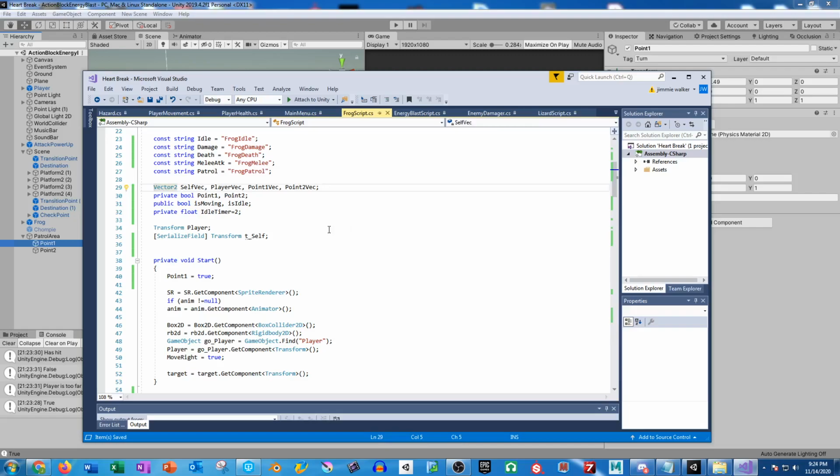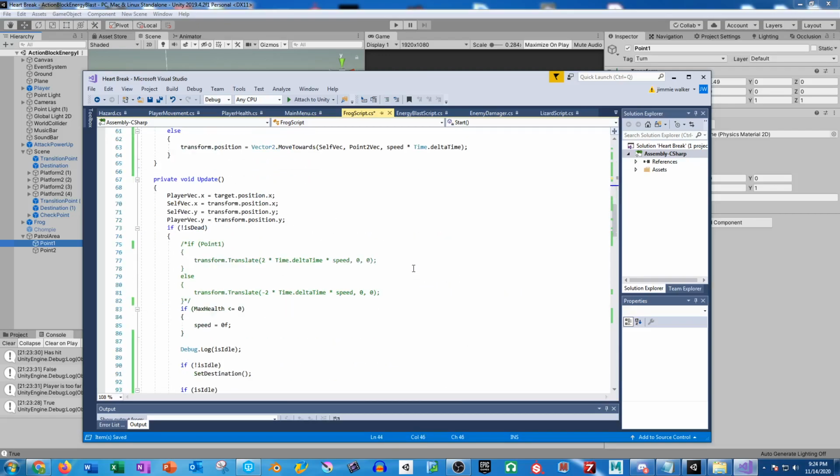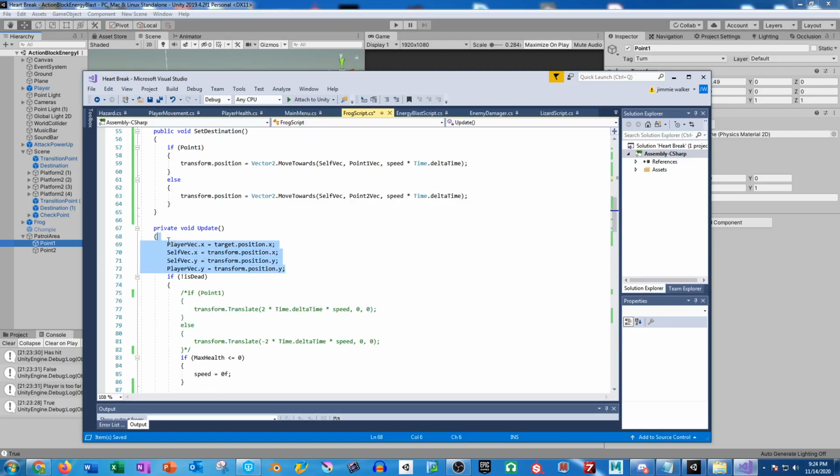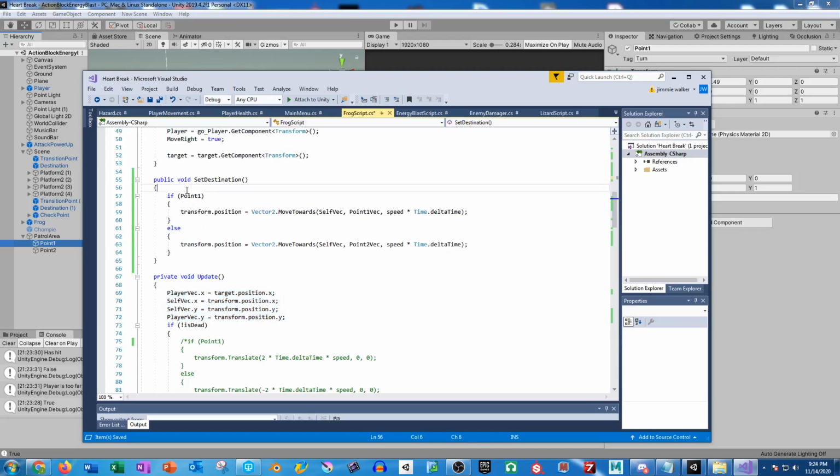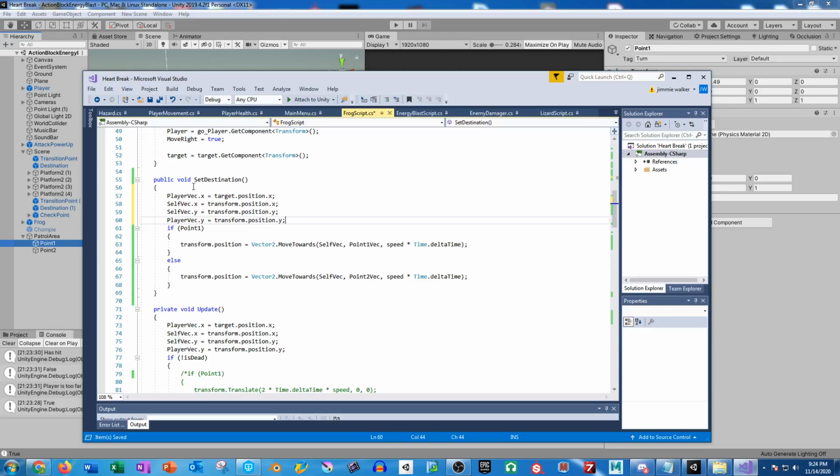I'm trying to think how to explain this. We don't actually have the location of it. So let's go ahead and do that. I'm just going to do it off of the self-transform. So we're going to say PT1, PT2. And if we look in here, we have this in here where this is basically saying what it is, and essentially all I'm going to do is copy it, slap it up here, and so